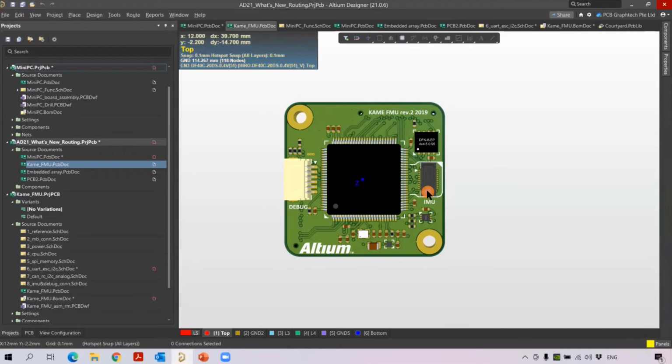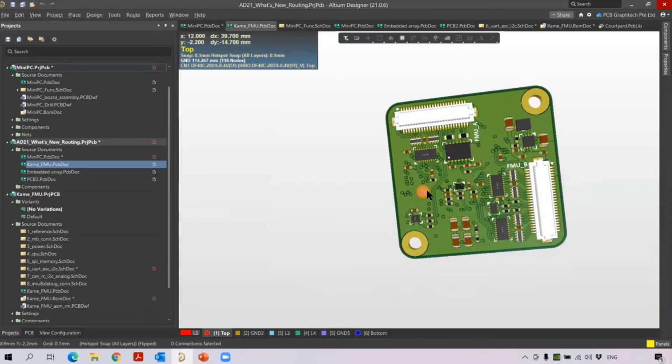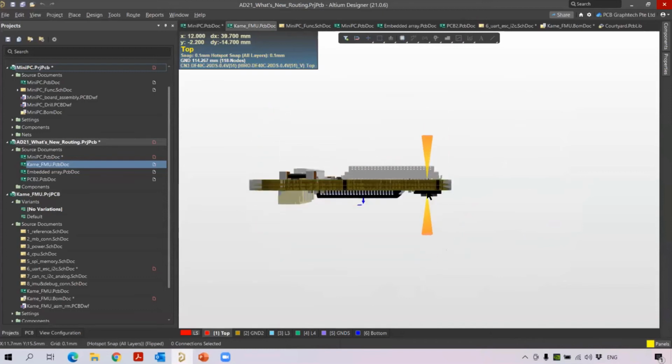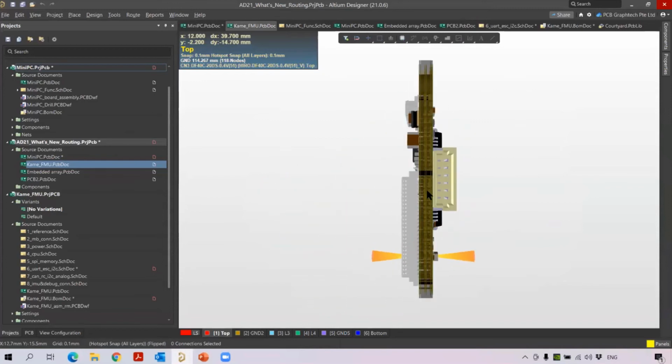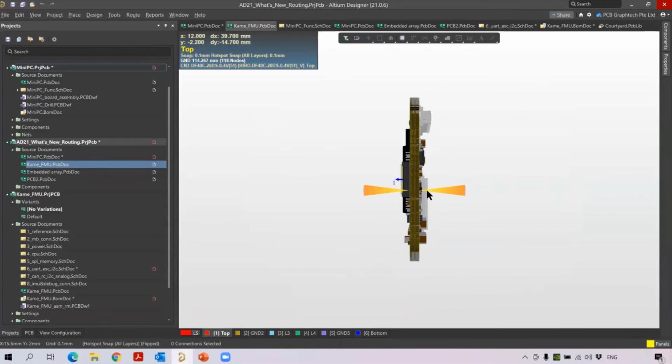So when I press Control 1, you see it is in the bottom view. Okay, that is your Control 1. When I press 7, 7 is for front view. Control 7 is for back view. Next we are going to see the left view and the right view. Left view, you can press 3. So 3 is left view, Control 3 is your right view. Okay, so this is about your views.